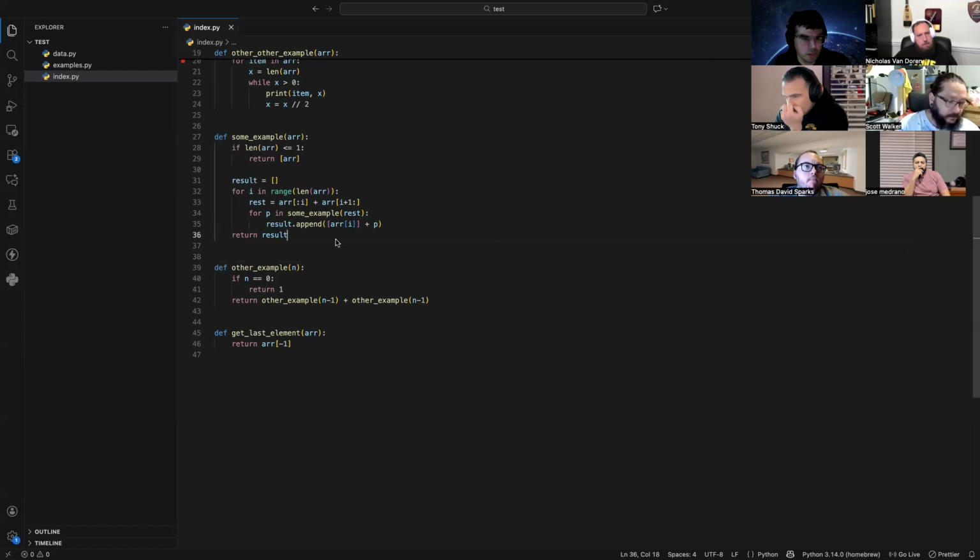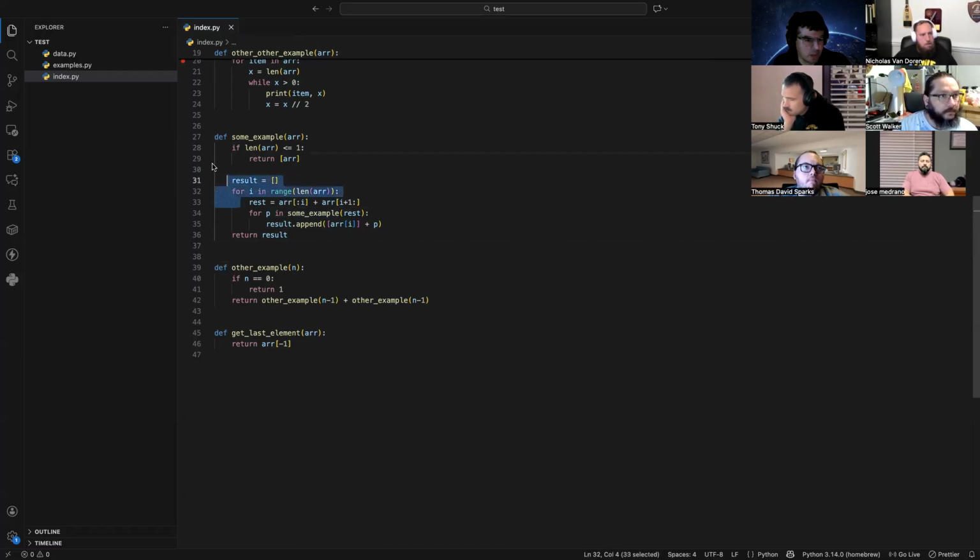Look at what you have. You have a function that does some kind of check here, making sure that you're not returning an empty list, or a list that's no bigger than one element. Then you're trying to build a results list. Cool. But then you have nested for loops, and the inner loop is actually running a recursive call on every inner iteration.